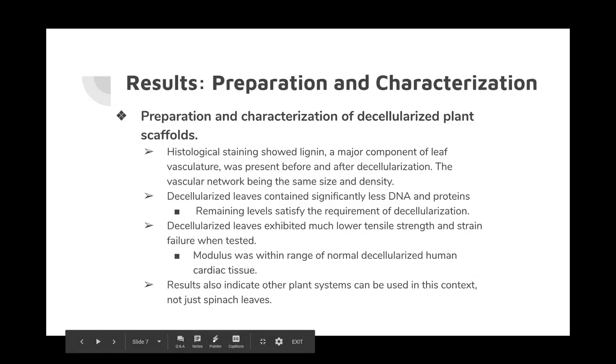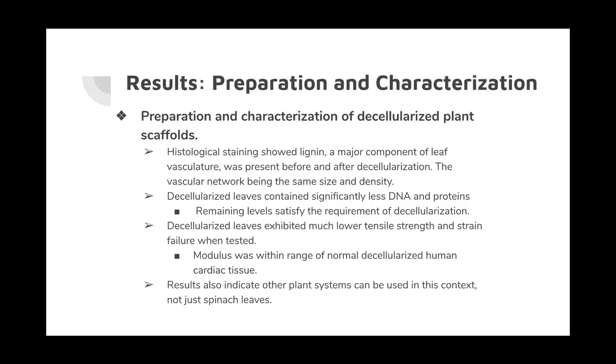The results at each step of the decellularization process and recellularization process were documented. The first set of results characterized the cell scaffold both before and after the decellularization process. Histological staining showed that lignin was still present. Lignin is a major component of the leaf vasculature. It is also important to note that the vascular network is the same size and density both before and after